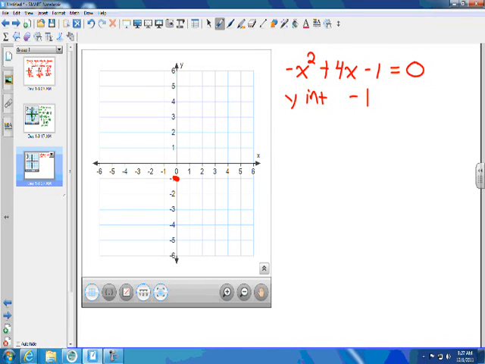What do we find next? The axis. So what's the opposite of b? -4 over 2 times -1. So what's our axis in this one? +2. And we can draw a vertical dotted line at +2. And plugging that in,